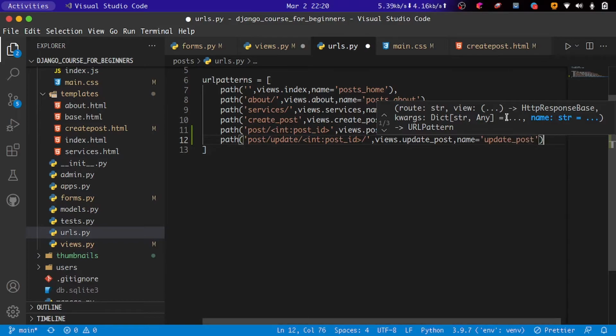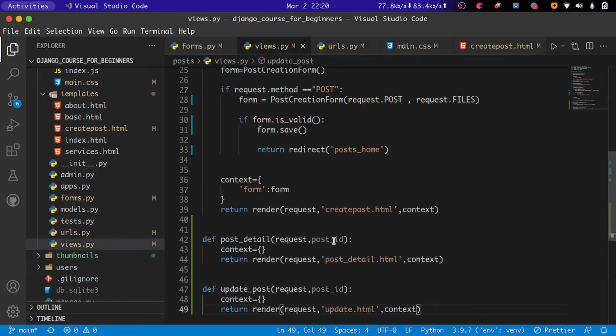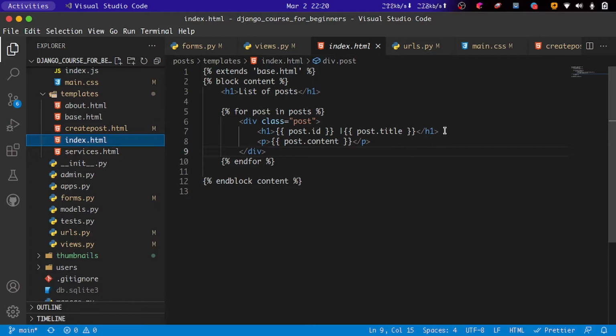Now once we have this, what I'm going to do is simply go to our index.html page, and create a link that's going to lead us to our post detail page. Now I'm going to go to our views and save, and then I'll head over to our index.html. Now each time we have a title, we're going to have an anchor tag that's going to redirect us to the detail page. So I'll remove our h1 right here,